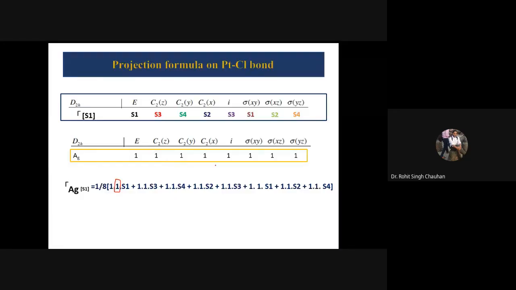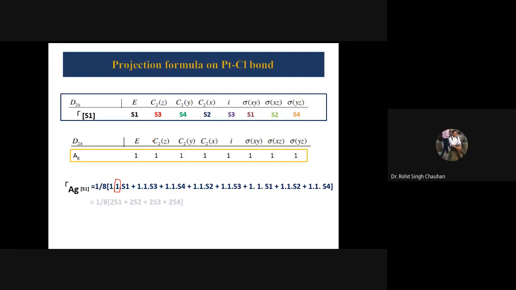How many C2Z? 1, C2Y, C2, so even if you are going to write, it is not going to have any impact on that. The only thing is that you should write the proper projection. Proper projection means, see here it is okay, but suppose C3V, there will be a 2C3, right? Then that 2C3 should be segregated as C3 prime and C3 double prime. That's the only thing you should take into account before putting this formula.